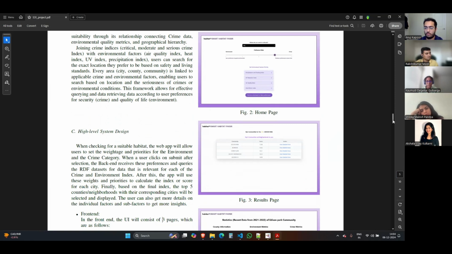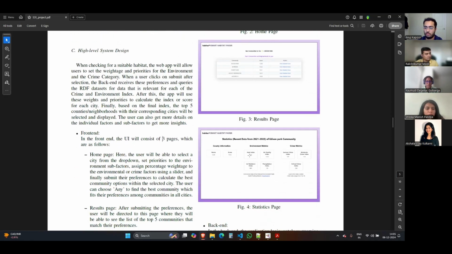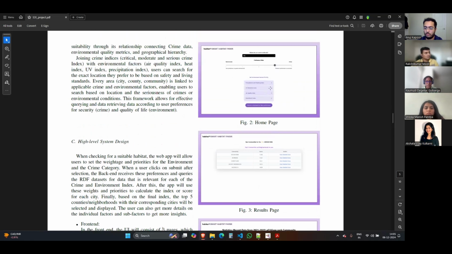There is a slider which sets whether they have more preference for environment or more for crime, like less crime in the city or community with more preference to the environmental factors, or less preference to the environmental factors and more preference to having less crime in the city. The user can also set the priority for environmental factors such as